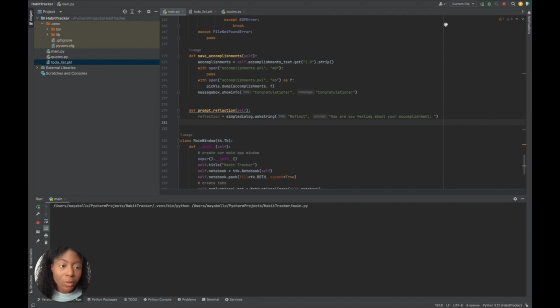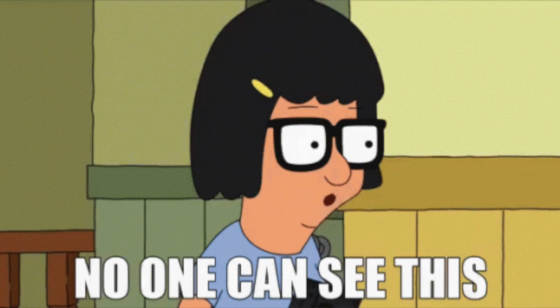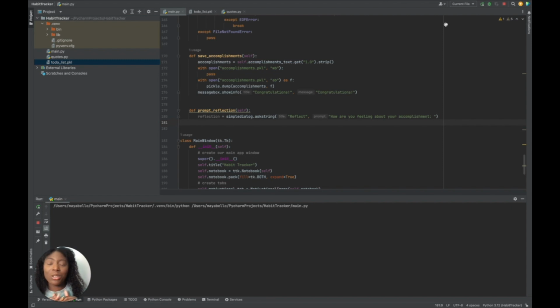Okay, great. So if the user has typed in a reflection, we want to save that reflection along with the date to a file. I think reflections are more of an intimate thing, so you don't have to display it on the screen. I think it would be cute to just save it to a file, not a PKL type file, because those are hard to read. And we don't need to do any deserialization. We just need to save it. So let's save that into a text file. Let's implement that. If there's a reflection,